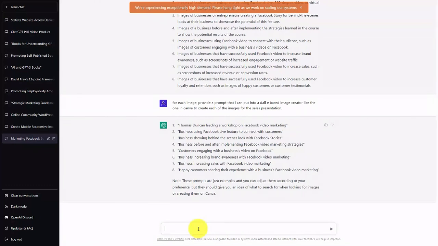Now, in a sales presentation, you are typically going to want to have specific headlines. And the best headlines you can use at the top of your sales presentation, and you can use those that are not quite as good as sub-headlines throughout your presentation. And so what you're going to want to do is to ask ChatGPT to give you headlines to use in